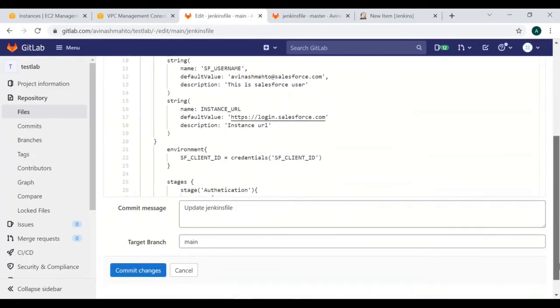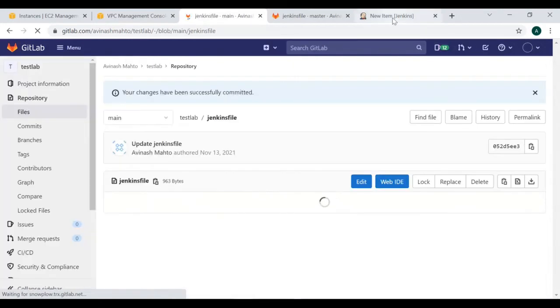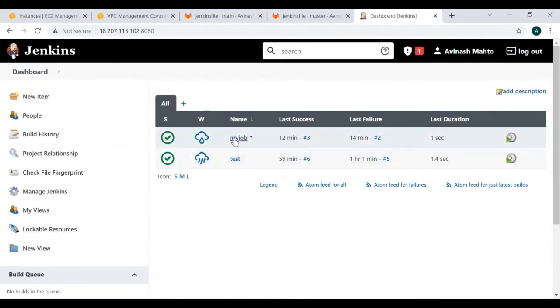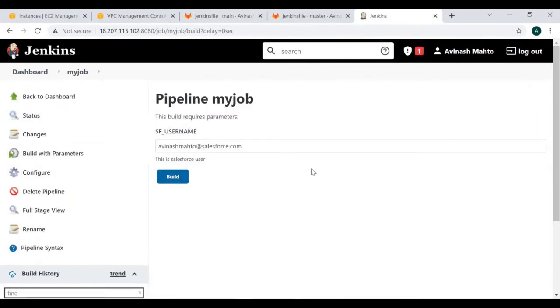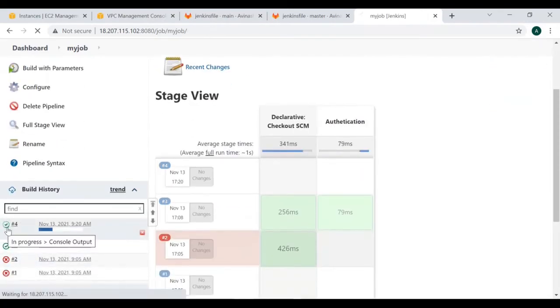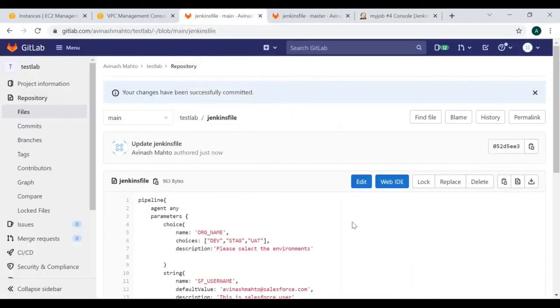So let's run this choice parameter case. This is the first time, that's why the options won't come. Once it is run, then the options will come. So there is something default value. Okay.